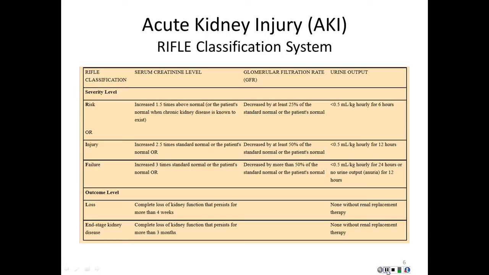So, that goes back to us as nurses being astute to what's going on with our patient, making sure we understand what's going on. If we see a patient whose serum creatinine levels have been going up, and we see an increase of 1.5 times above the normal or the patient's normal. As I have talked about many times, my wife has had a kidney transplant. Her normal creatinine level is running about 1.5. So if I'm looking for acute kidney injury for her, I am not going to be looking at a 1.2, which is high normal. I'd be looking at her normal 1.5.